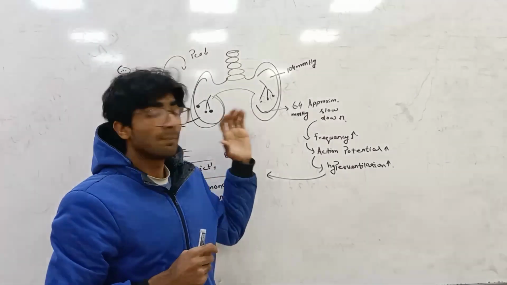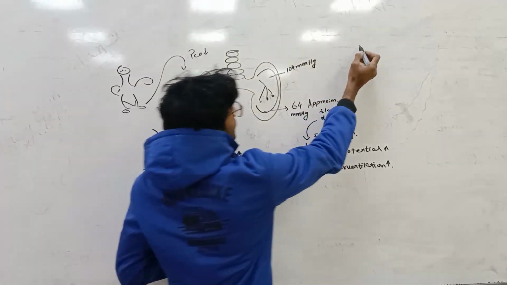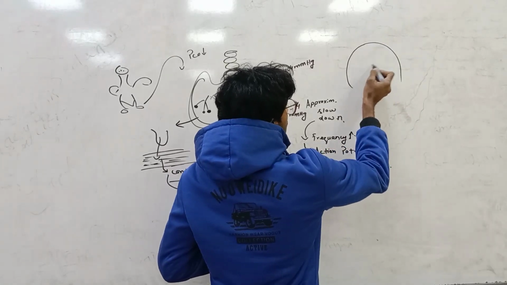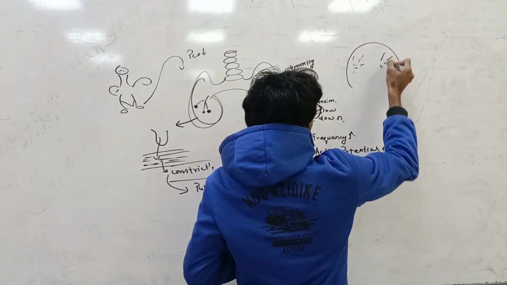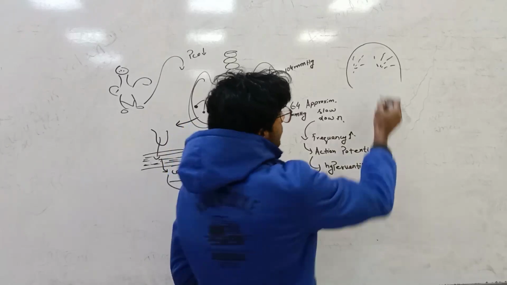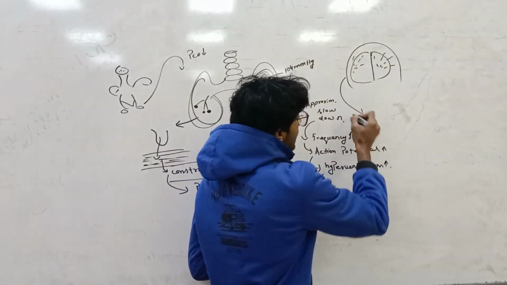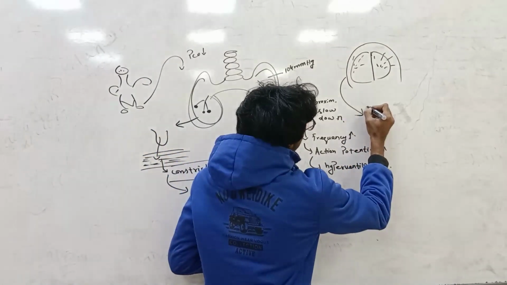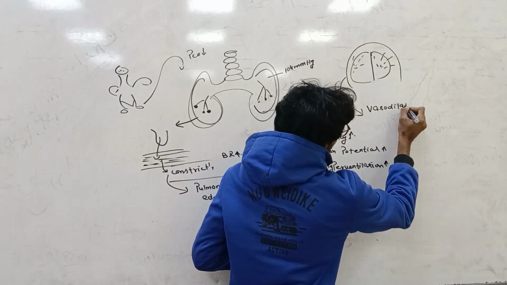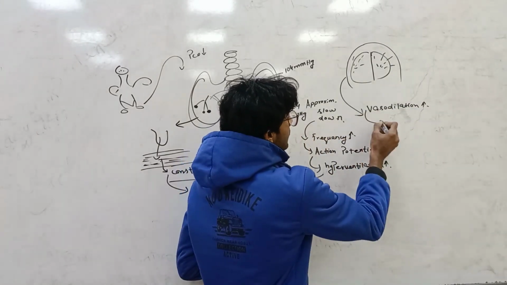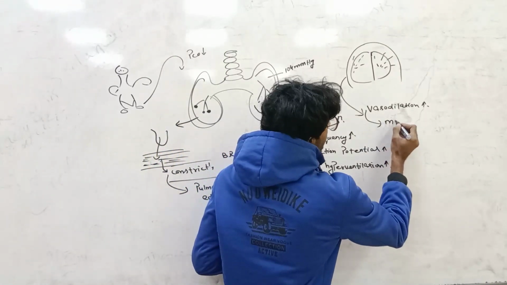Sometimes, due to low partial pressure of oxygen, it affects the brain. In the brain, the cerebral arteries have blood flow. At high altitude, vasodilation in the cerebral arteries increases. When vasodilation in the cerebral arteries increases, it means more space